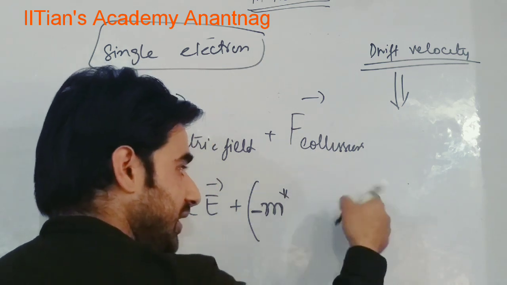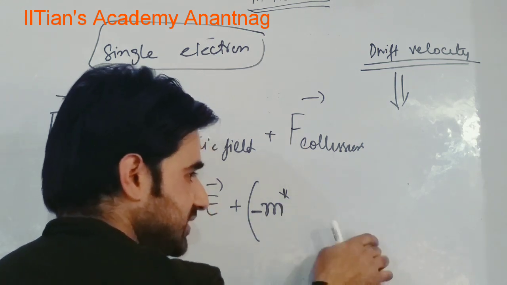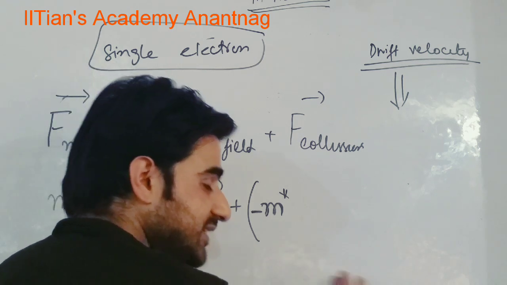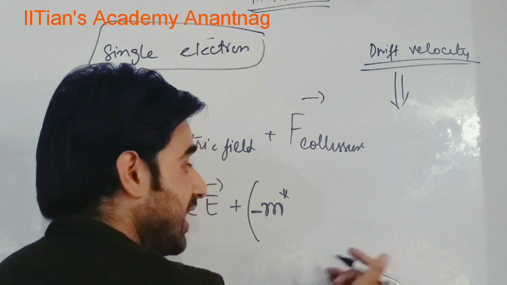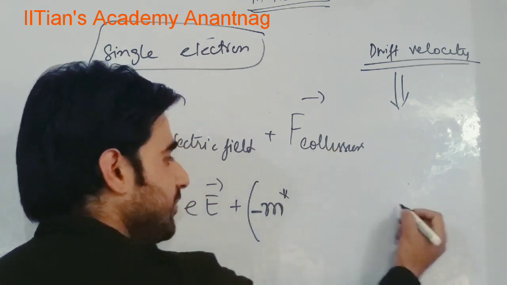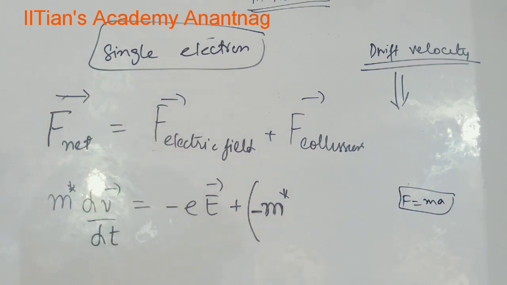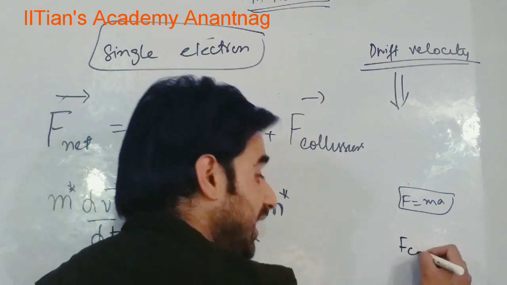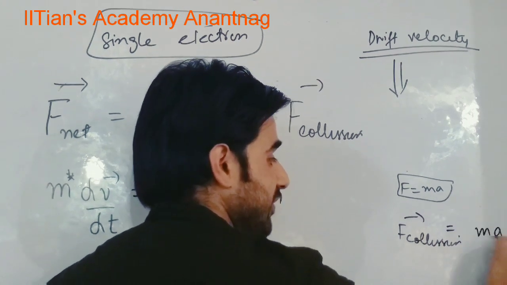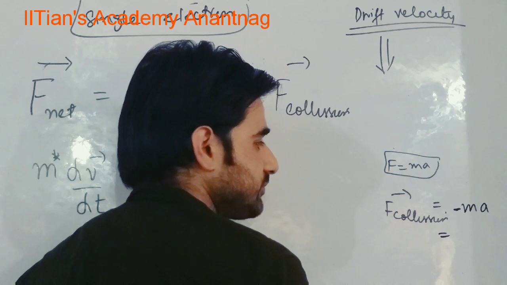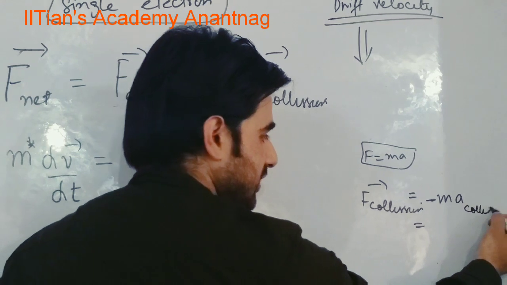Now acceleration in between collisions is something like velocity by time, and I know between two successive collisions electrons are actually accelerated. They start from thermal velocity, then they are accelerated and they are drifted. So every force can be written as mass into acceleration. If we try, we can write most of the forces as mass into acceleration. If I apply Newtonian mechanics, I don't know the exact form of force due to collisions, but I know this can be written as ma, and I will put a minus sign. Why? This is acceleration due to collisions. Minus sign because it opposes the drift.